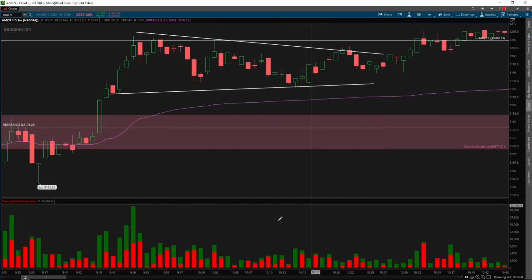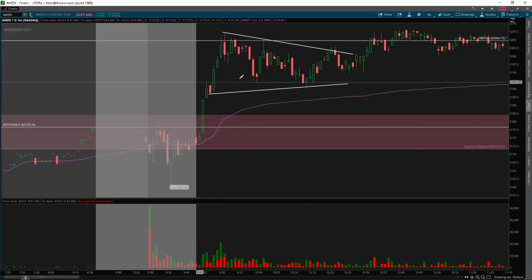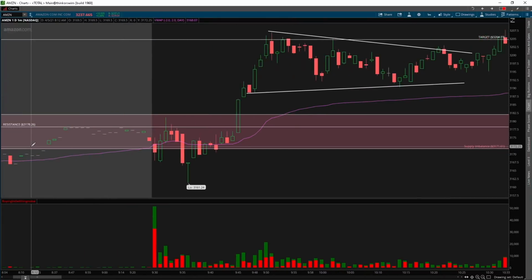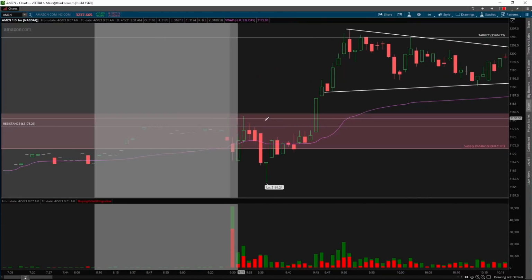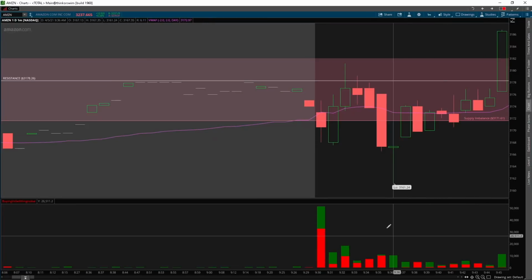And one thing I have to say about Amazon is it's very, very illiquid. And you could tell just by the gaps on a 1-minute chart, they speak for themselves. Low volume will make this thing gap up, make it gap down, especially on a 1-minute chart. So very illiquid. I definitely did not enjoy trading this. However, I saw this very strong green push up like that. I love seeing thick green candles.